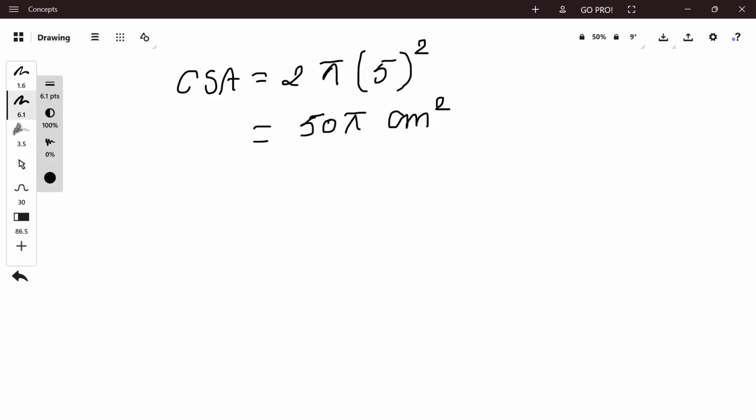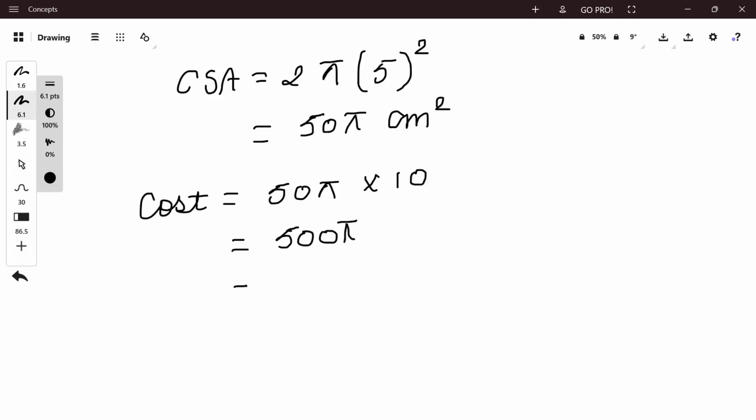The cost of painting is given as rupees 10 per centimeter square. The total cost is the CSA multiplied by the rate. So cost is equal to CSA, that is 50 pi, into rate, that is 10, which is equal to 500